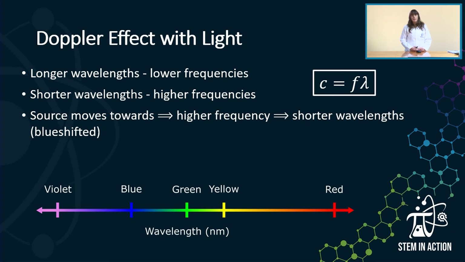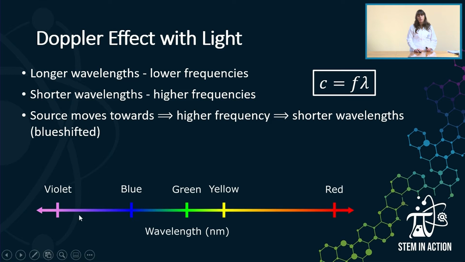So we can then figure out that if the source moves towards, remember that when our source moves towards, it results in a higher frequency, and therefore we're going to have a shorter wavelength. And this is then known as being blue shifted. If you have a look at our picture at the bottom, we can see that if it's shifting to a shorter wavelength, it's shifting to the left, and so we call